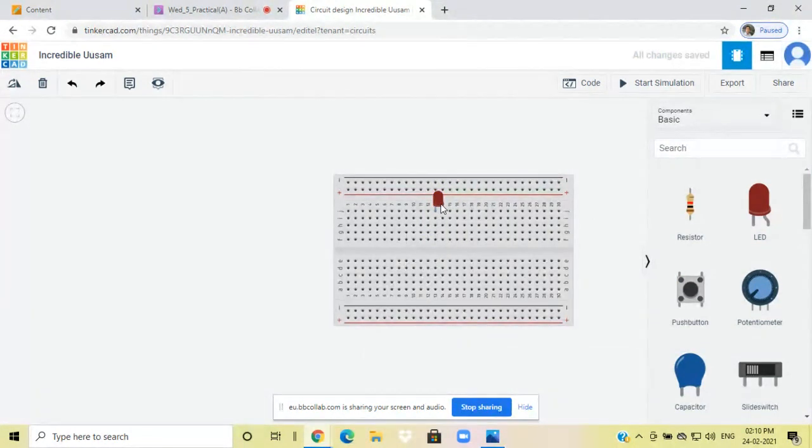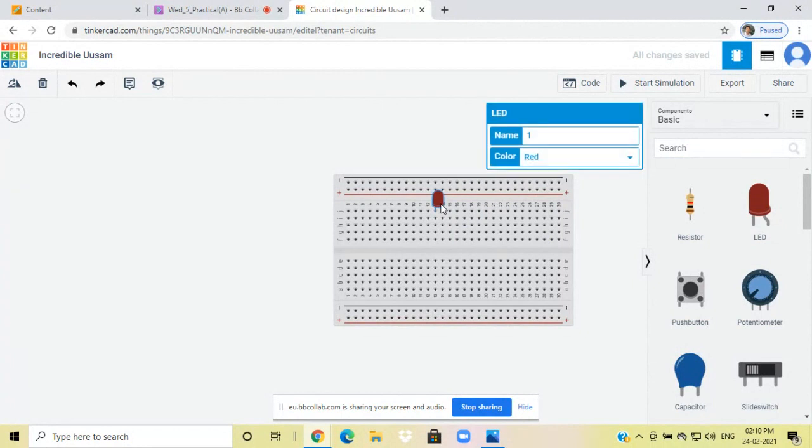So in this software Tinkercad, it provides different colors of LEDs. Just you have to click on the particular component. For example, LED is there, then color option is there. You have to scroll it down. So different colors are there. You can make a LED of your choice. So here I will take a yellow LED.